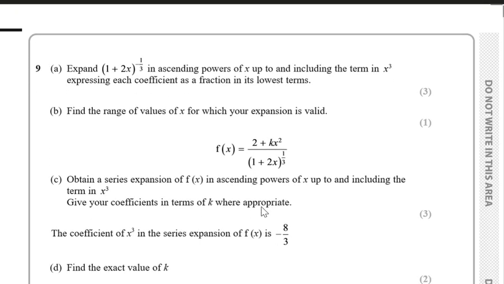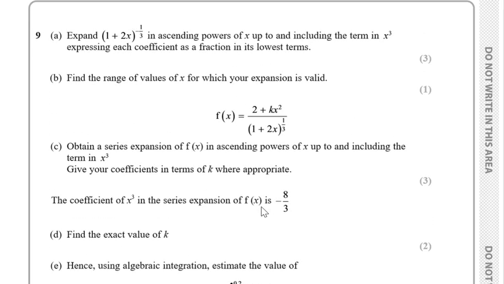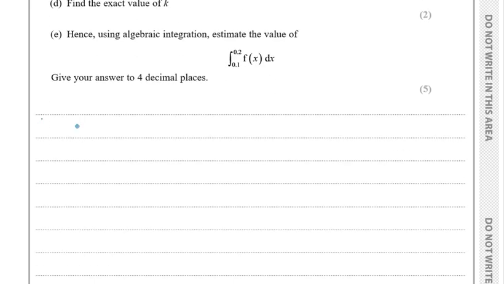Hi everyone, this is question number 9 of June 2023 paper 1R. The question asks us to expand 1 plus 2x to the power minus 1 by 3 in ascending powers of x up to and including the term in x cubed, expressing each coefficient as a fraction in its lowest terms. So for part A,